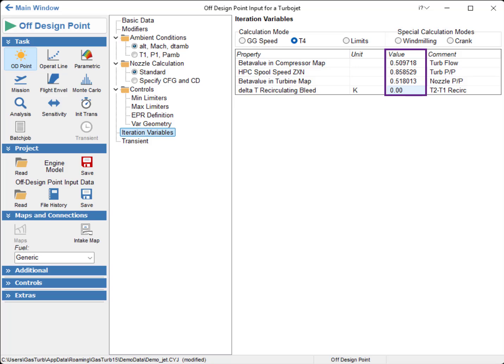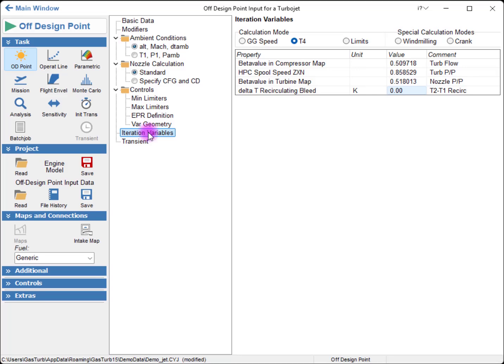They are taken from the last case calculated or, when a case fails to converge, from the last guess. If an off-design calculation fails to converge, the values may indicate where the problem lies and can be manually adjusted. These are the iteration variables for a simple turbojet engine. For more complex gas turbine configurations, additional iteration variables are used. Further information regarding the off-design iterations of GasTurb can be found in the GasTurb manual.